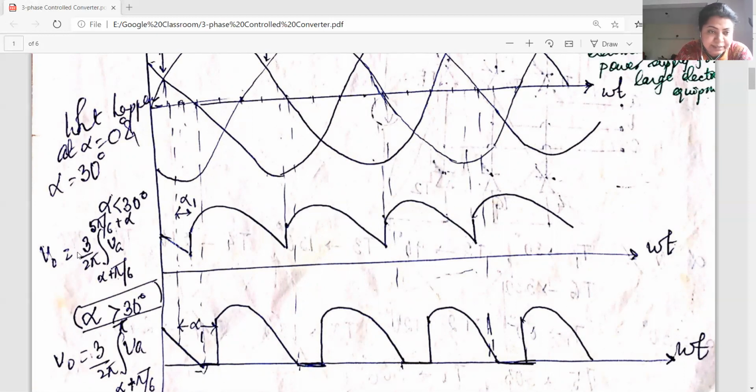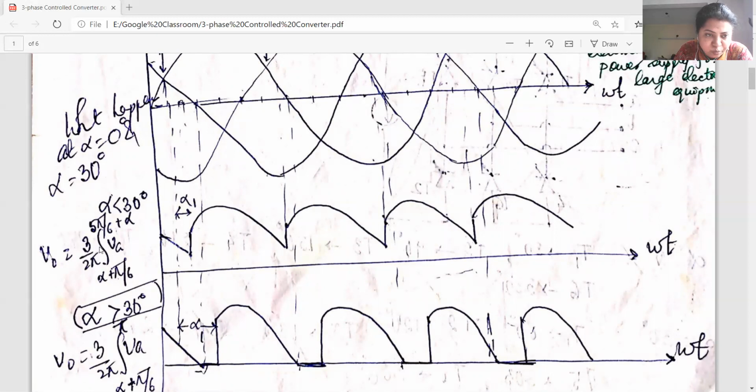Now, here, what will be the average output voltage? This is a 3-pulse converter, because at the output for one complete cycle of the input, this is an M3 converter we have seen. M stands for midpoint and 3 stands for the number of pulses in one complete cycle of the input voltage. So here this is 1 pulse, this is 2 pulse, this is 3 pulse for one complete cycle of the input voltage. So that is why when we are obtaining the average output voltage, this is 3.